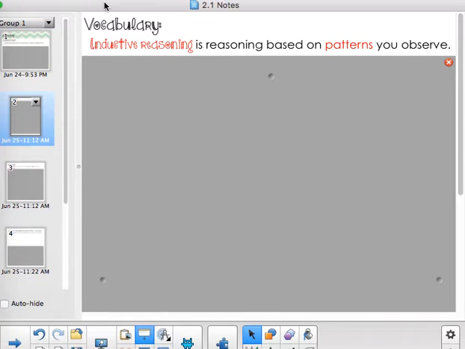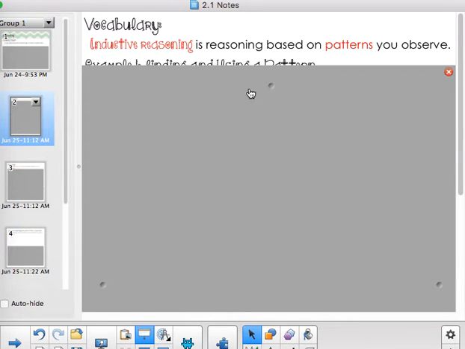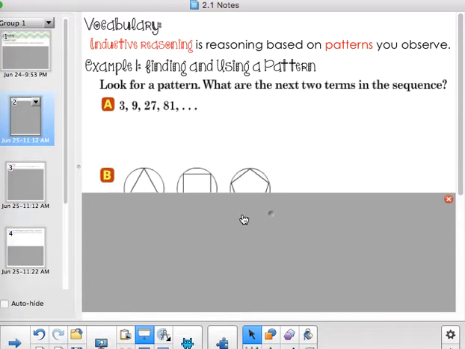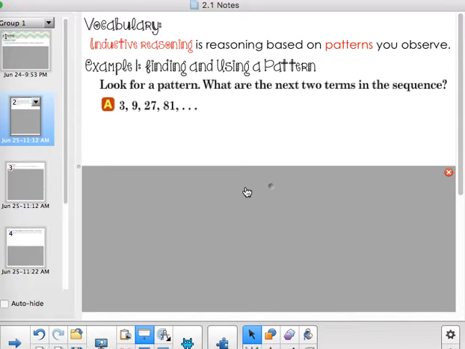Inductive reasoning is going to help us make observations about patterns that are occurring in sequences, as well as being able to look at some data points and draw some conclusions. But first, inductive reasoning, it's the reasoning that we're using based upon the observations we see in our patterns. So in our very first example, yep, we're already ready for one. It says we're going to look for a pattern and we're going to decide what the next two terms are